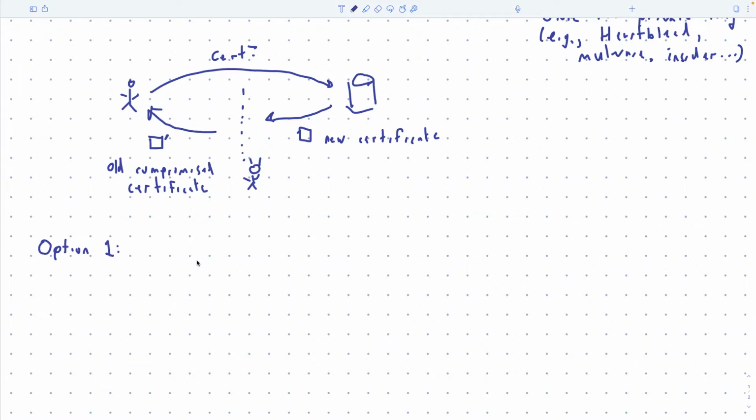Okay, so there's a couple ways of doing it. This is the most common way, and it's called a status check. Basically, when the user receives a certificate, they do all the normal checks, okay? So everything is fine, it's valid, it's signed correctly, et cetera. Then they're going to do one final check, which is they're going to go ask someone whether this certificate has been revoked or not, okay? So that's the basic idea. And we'll think about who's going to answer this question for them.